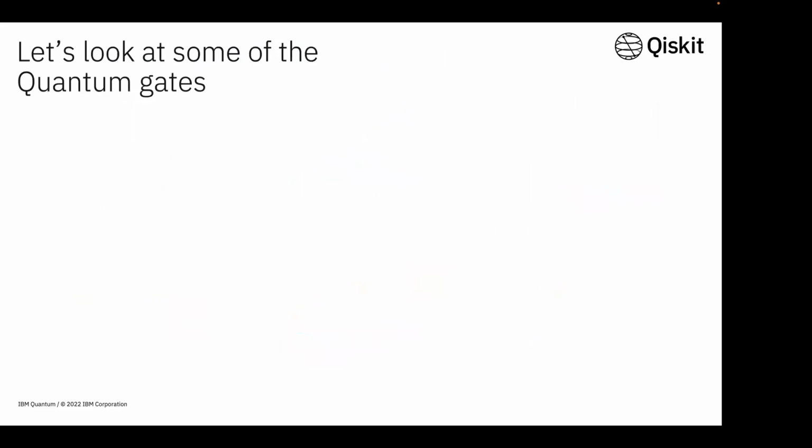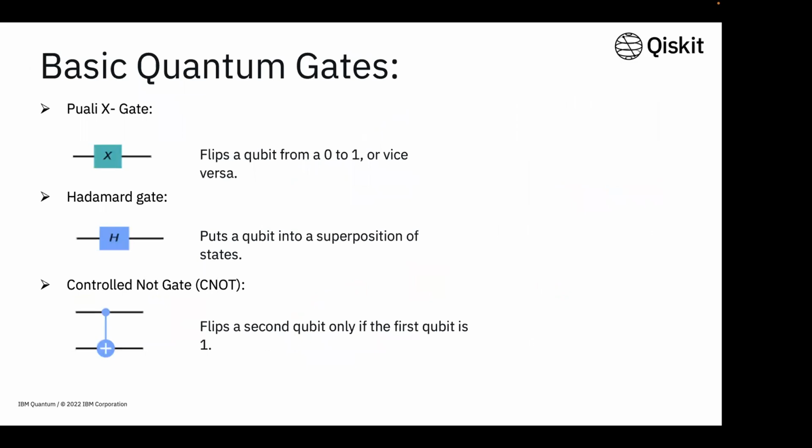And let's look at some of the quantum gates. Similar to how classical systems have gates, right? XOR gate, NOR gate, AND gate. Similarly, we also have quantum gates. It is nothing like rocket science, or something where quantum computers are different. Quantum computers are also pretty much similar to classical systems. It's just the way it works that is different.